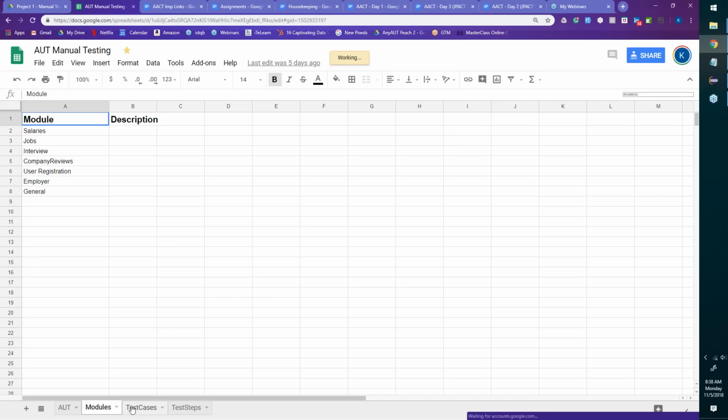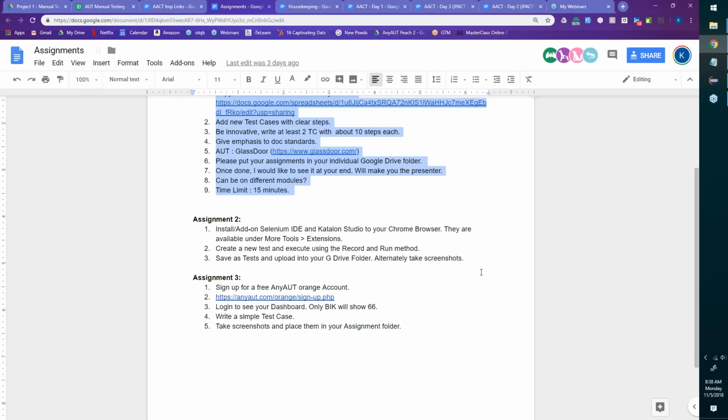Let's go to this. The second assignment was something I asked you all to do, only adding Selenium IDE and Katalon to your browser as an extension. Install the extension rather than anything else, team. And I'm assuming that you've all completed this as well. I've seen some of you have gone ahead, both the morning and evening batches, wherein you said, okay, let me play around, let me try and start asking questions. So we will get towards them in a very structured way today, team.